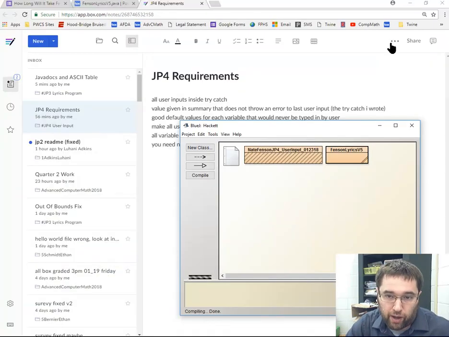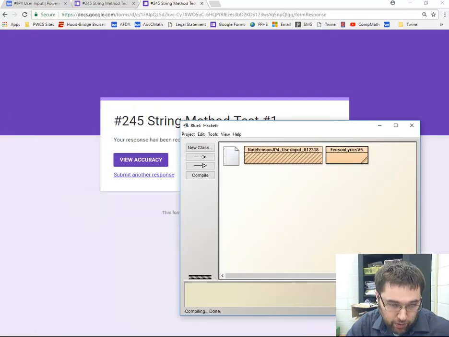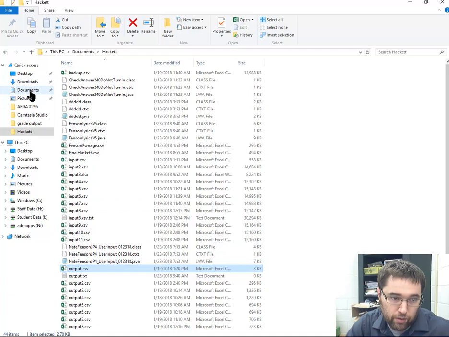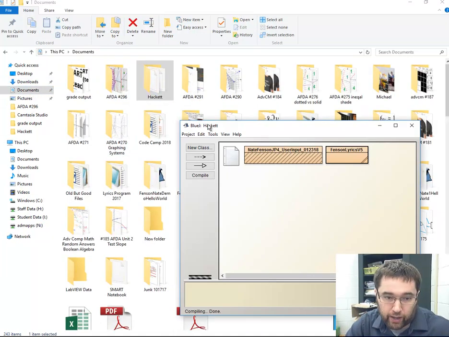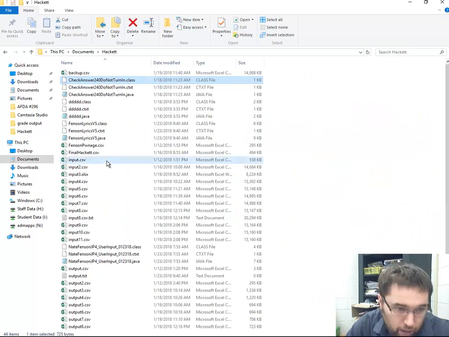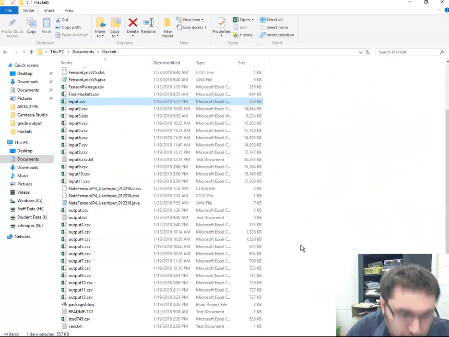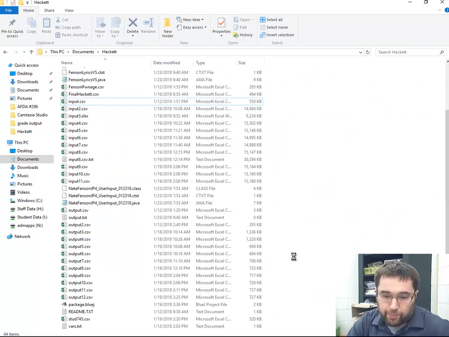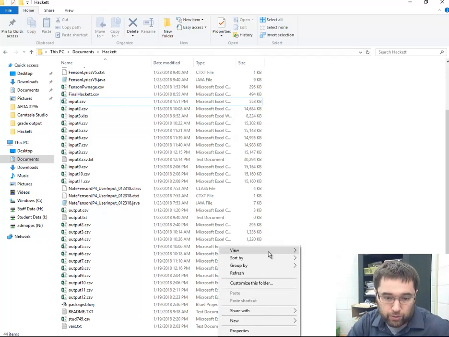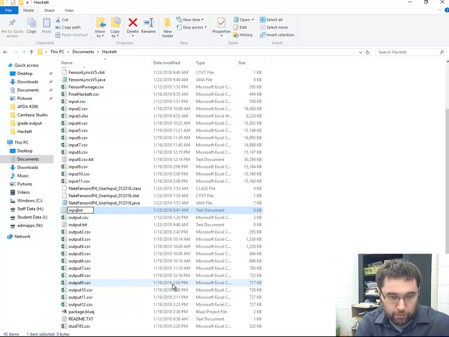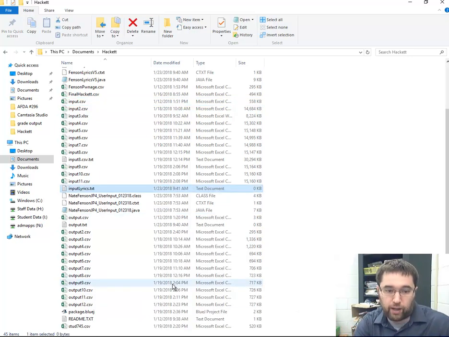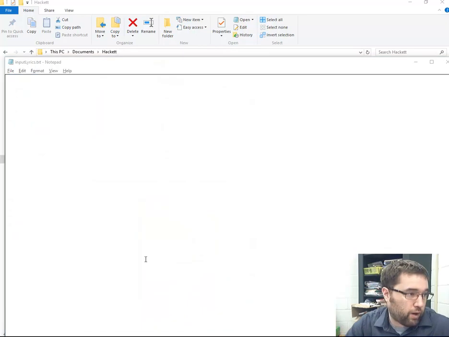So now I need to go to that said folder, which to get to that folder you go to My Documents, and it should be named whatever the name is right here, Hackett. Hence Hackett, and I go here and notice that there's no input lyrics, so I right click, and new text document. I want to name it input lyrics with a capital L, and I want to go and find lyrics,